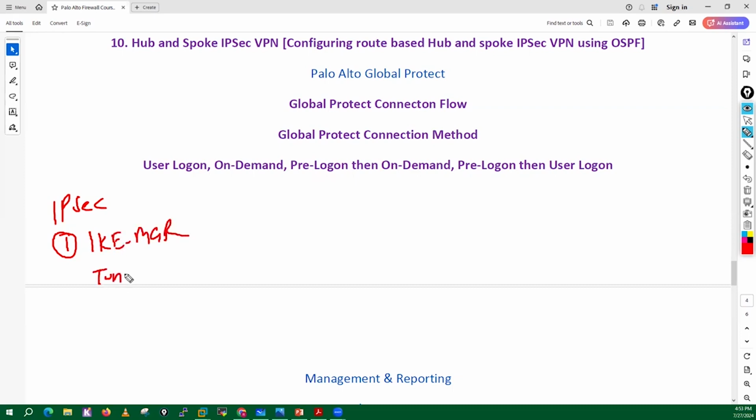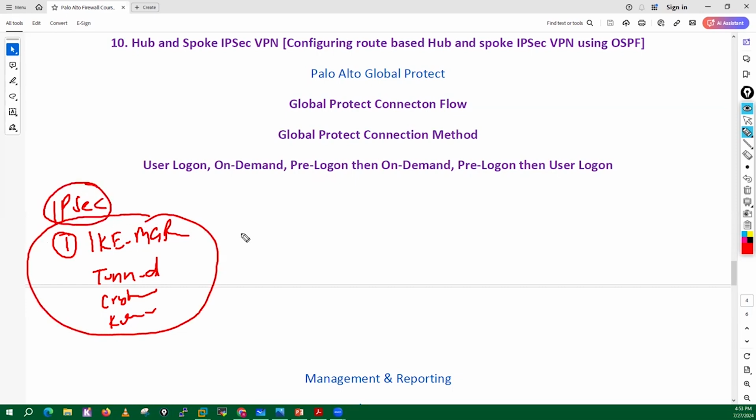There's one daemon called tunnel D. Then there's one more daemon like crypto D, key MGR. How these particular daemons are utilized in your IPsec VPN. And you know,